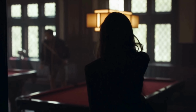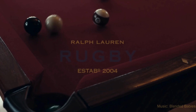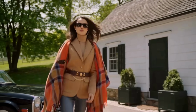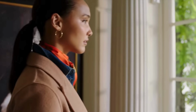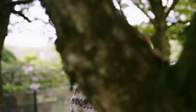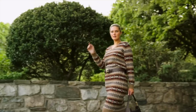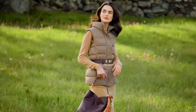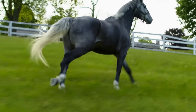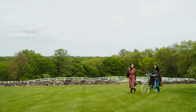And this is the secret: Ralph Lauren sells not just clothes, but a narrative. Fall in his world is about tradition, heritage, and romance. Even if you don't own a single piece of Ralph Lauren, you can tap into the same feeling by thinking about the story you're dressing for. Instead of asking, what pieces do I need? Ask, what mood am I trying to create? Are you dressing like you stepped into a fireside evening in a countryside lodge? Or like you're heading to a dinner party in an old brownstone? When you approach your wardrobe as storytelling, the outfits stop becoming a checklist and start becoming a world you can